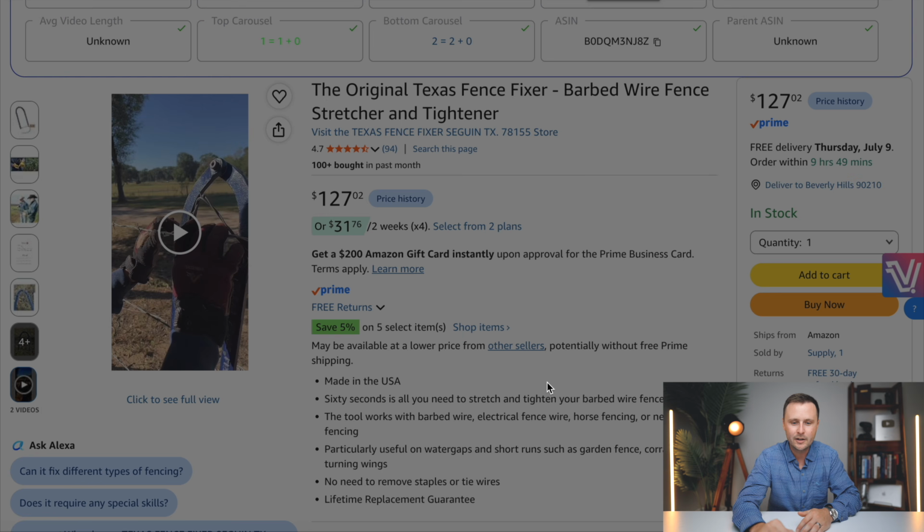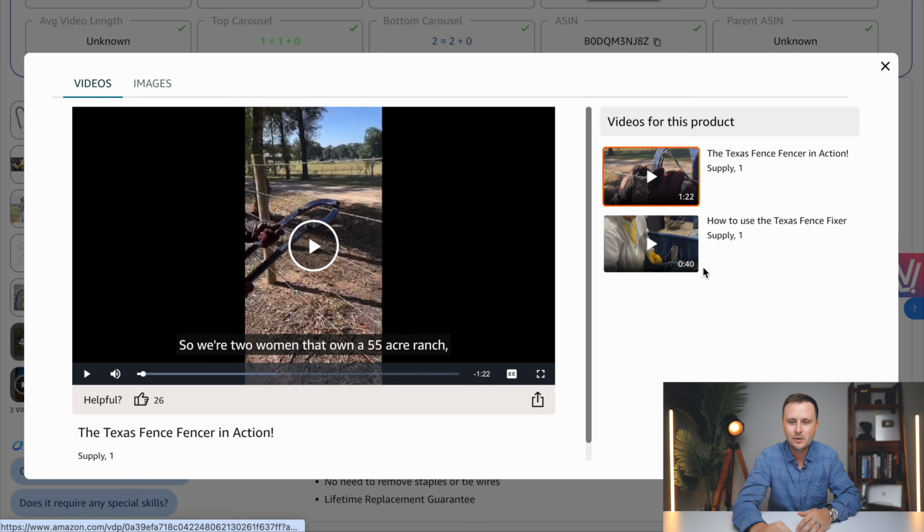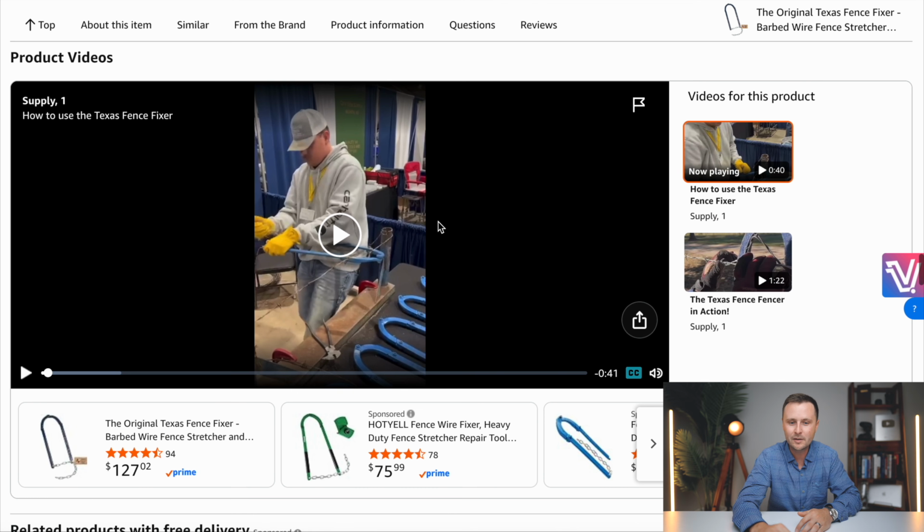You click on this top carousel. Yes, it has a top carousel, but it literally only has 2 videos in it. You scroll down to the bottom. It has a bottom carousel as well. You've got 2 videos right there. So you have very little competition and the carousel can hold more than 2 videos. So if you make a video, you're almost guaranteed to have it show right here.